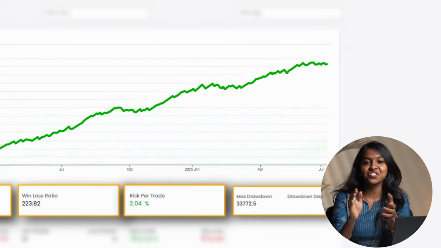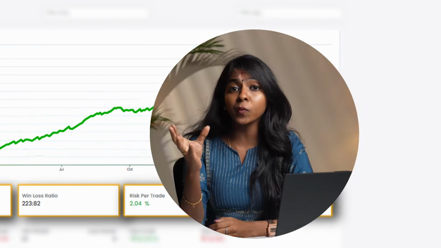The next one is drawdown. Drawdown measures how much your portfolio falls from the previous peak value during a decline. It shows the temporary loss experienced before the portfolio recovers to a new high. It helps you to understand the risk and volatility of a strategy, how deep the drops can get during the bad periods. While drawdown tells us how much the portfolio has fallen from the peak at any point,